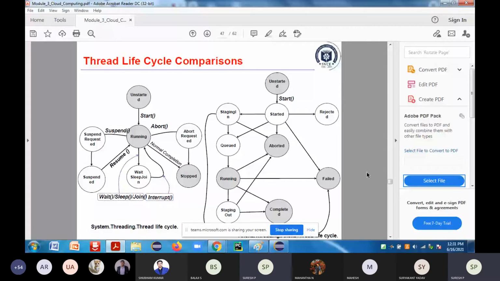The figure on the left side is the normal thread. The thread on the right side is the Aneka thread. So that's what it is going to tell about. You can see from the figure.